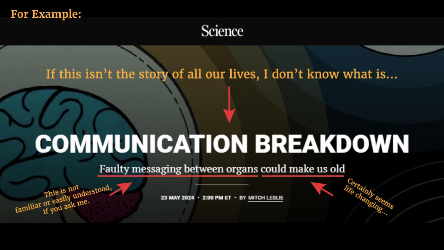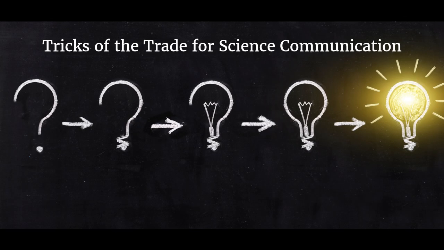How do you help people connect with the problem, the issue, or the developments in your research on a human level? So, for example, that might be communicating what the struggle was. What were some of the twists or turns in your research process that led you to find the solution? So, it's just another device for making your research a little bit easier to understand and for people to connect with. Great. And I did want to ask you, do you have any tricks of the trade for people who are interested in science communication?